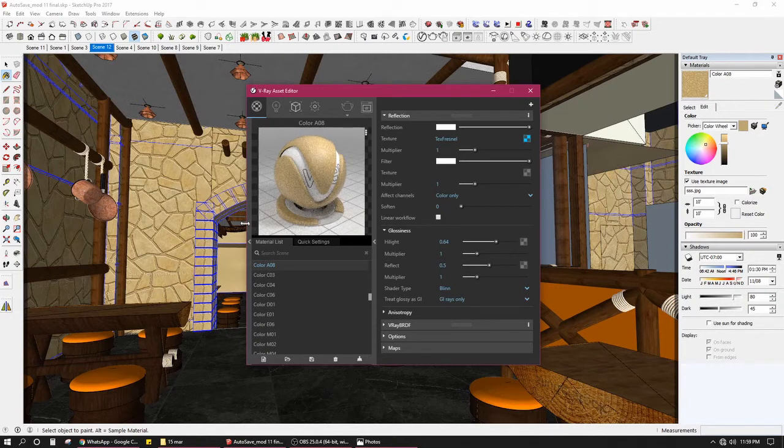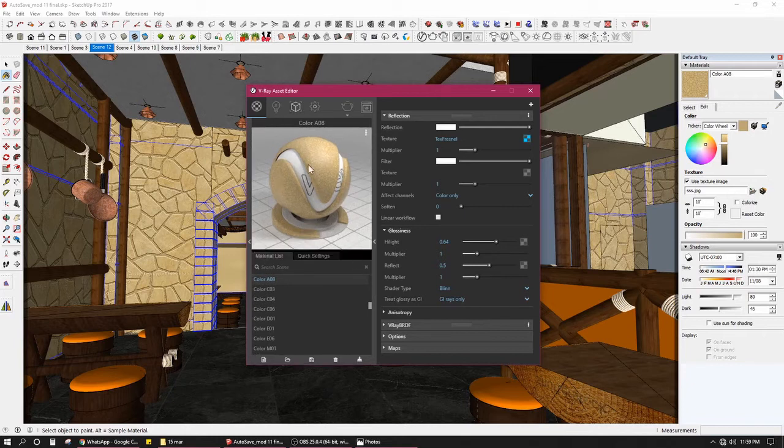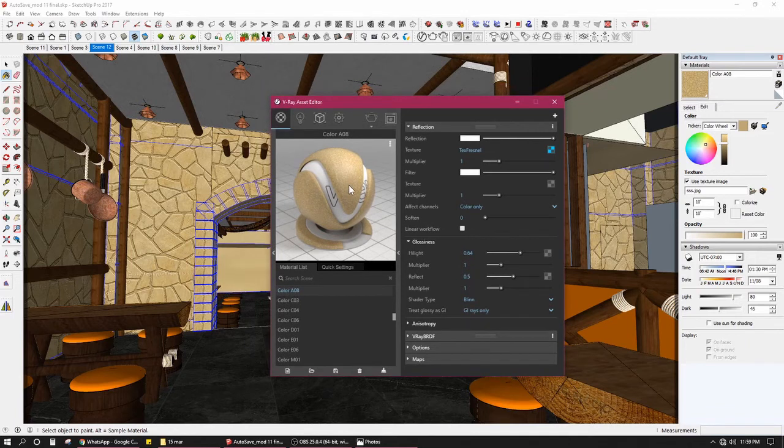Now it shows me a real-time render of how my material is going to look. Okay, so to me, this is a very 2D, very flat surface that I'm looking at in this render. So I need a little bit of roughness to it, a little bit of the coarse texture that a stone has. I need that in this.